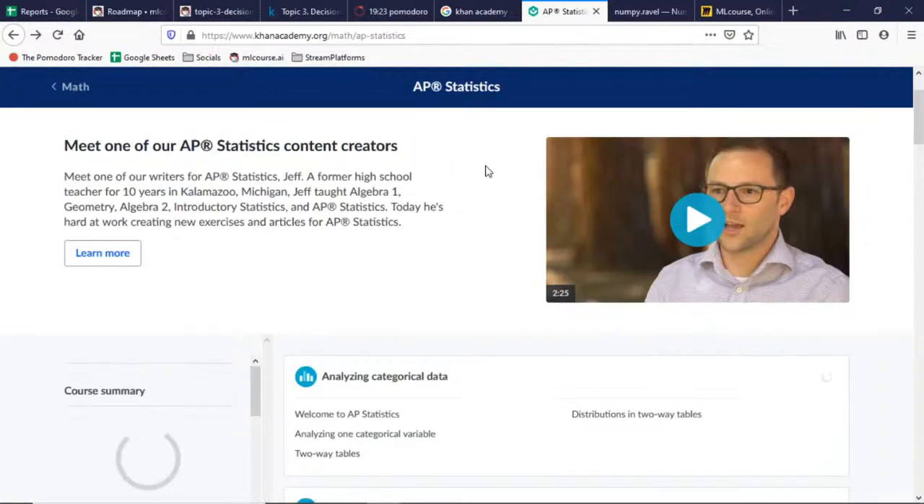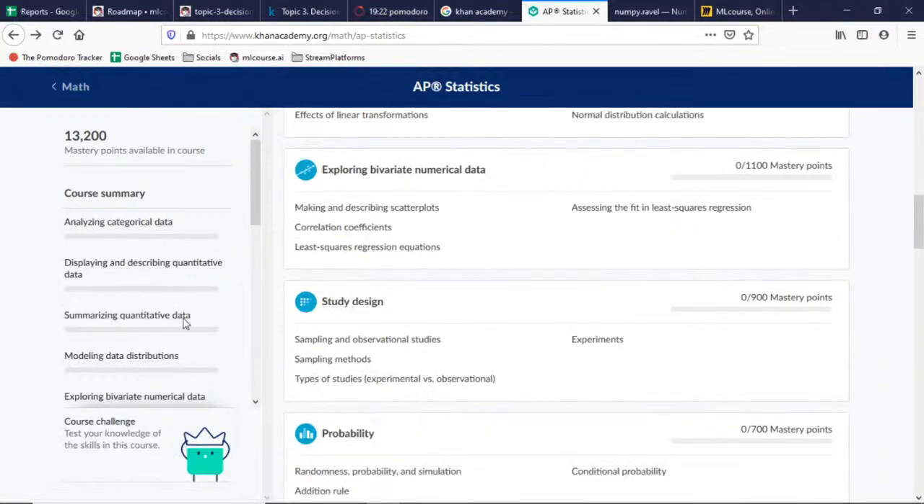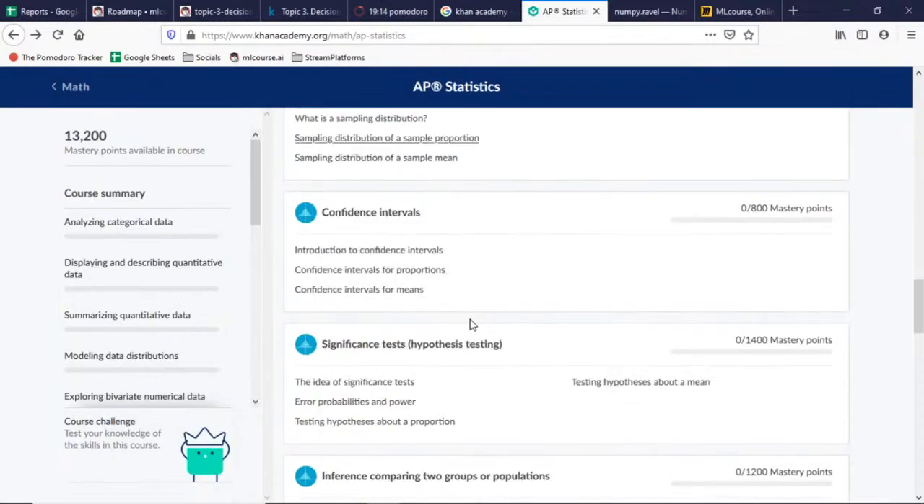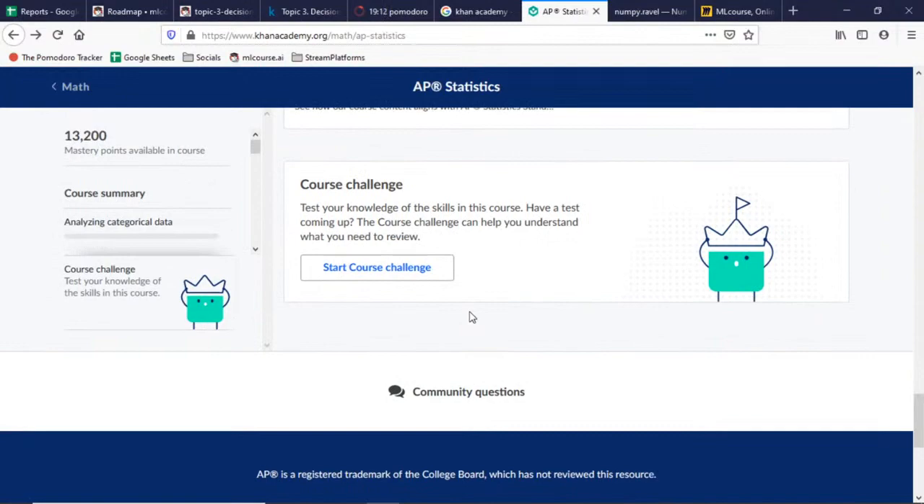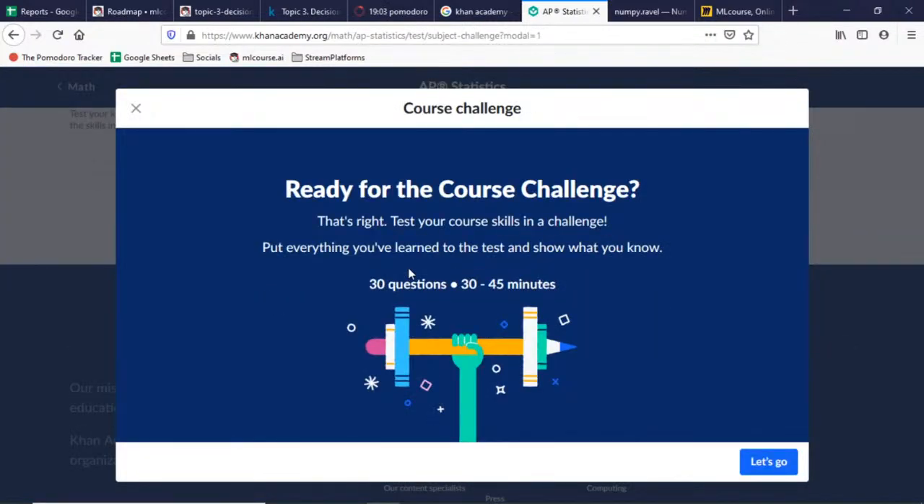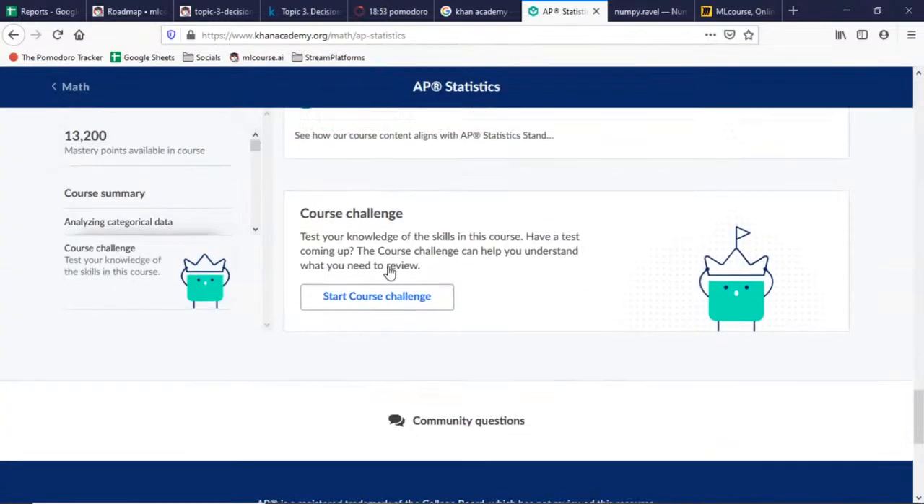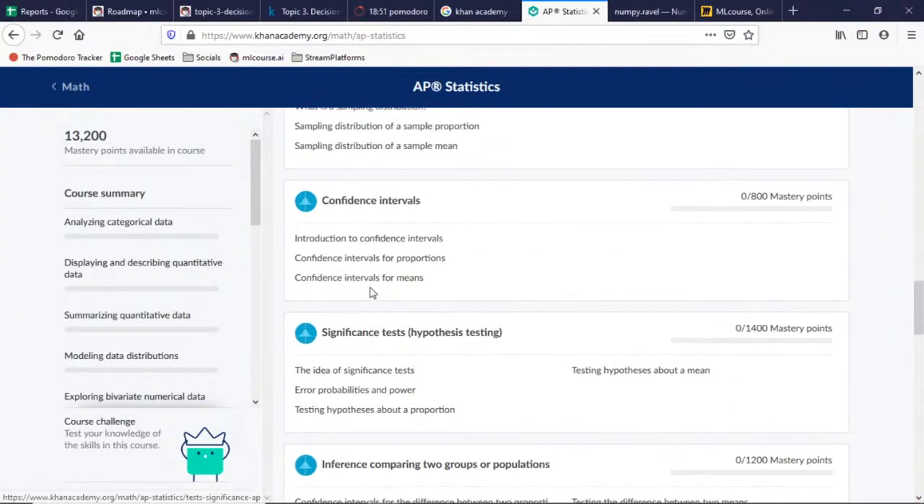Okay, so can I edit somehow? For this course, as knowledge of the skill, have a test coming up. First change can help you understand what you need to review. Wow. Okay, so well, maybe like next time. Well, but it looks interesting. I think, yeah, I will not be able to answer lots of questions, but